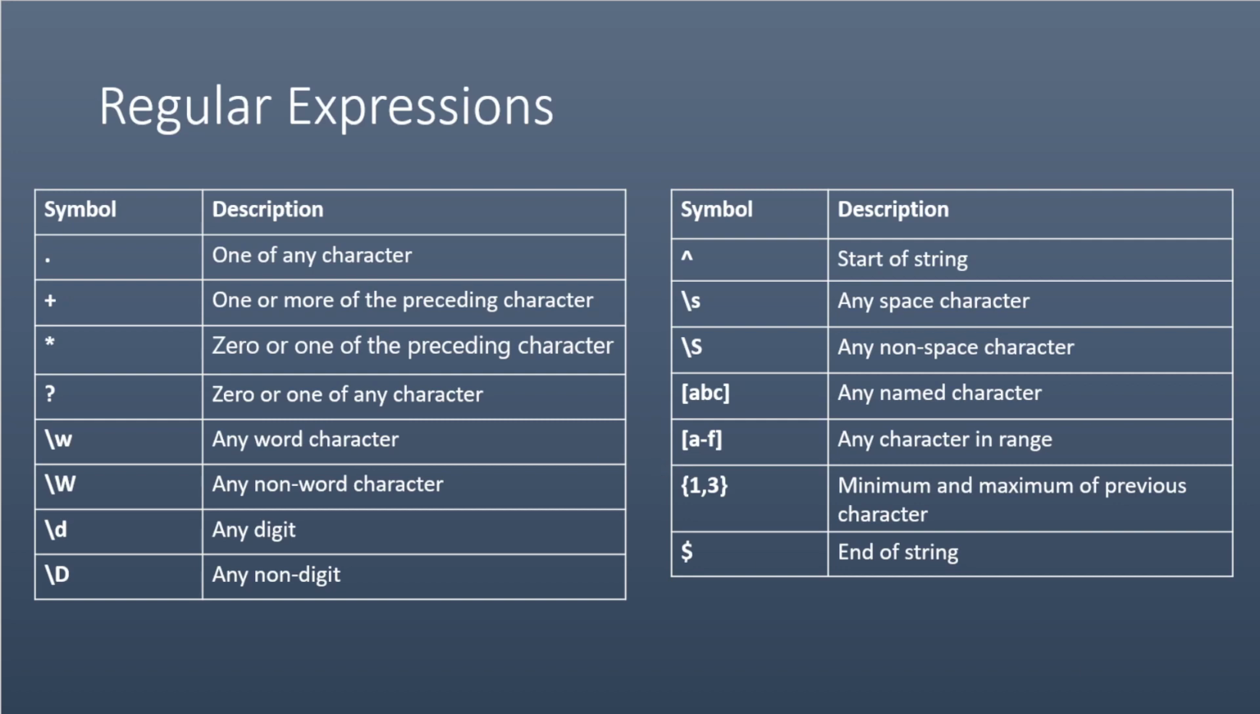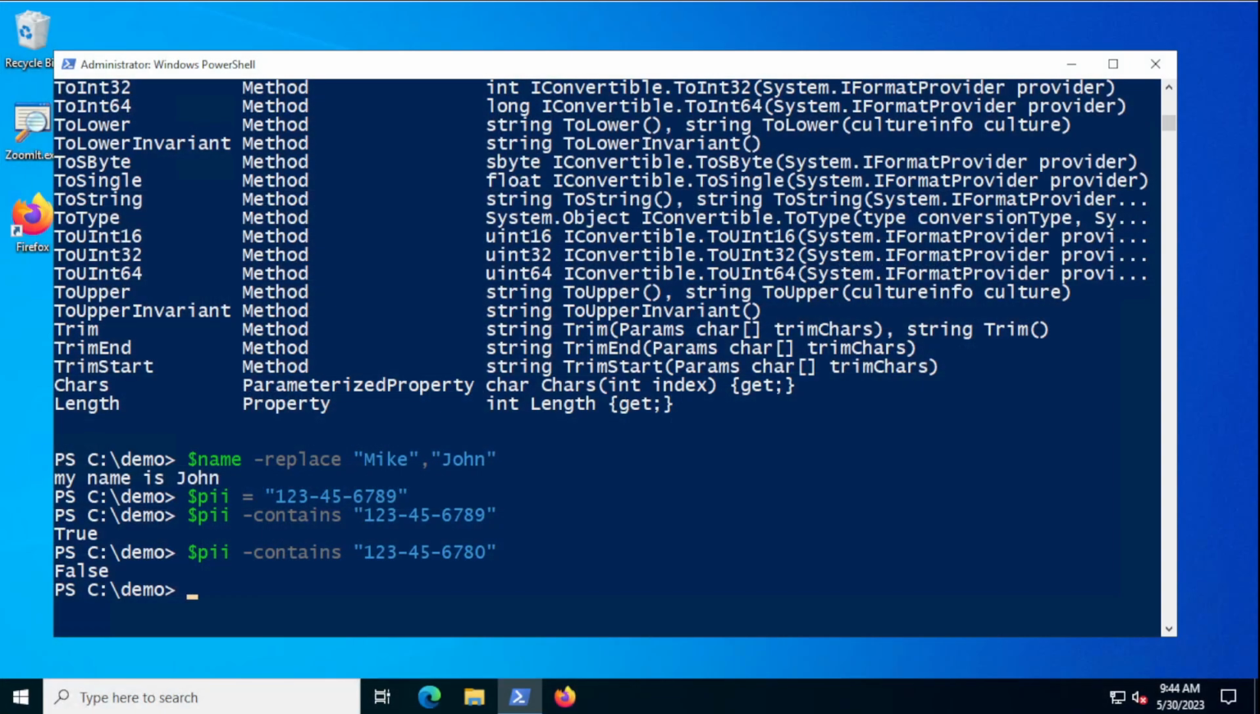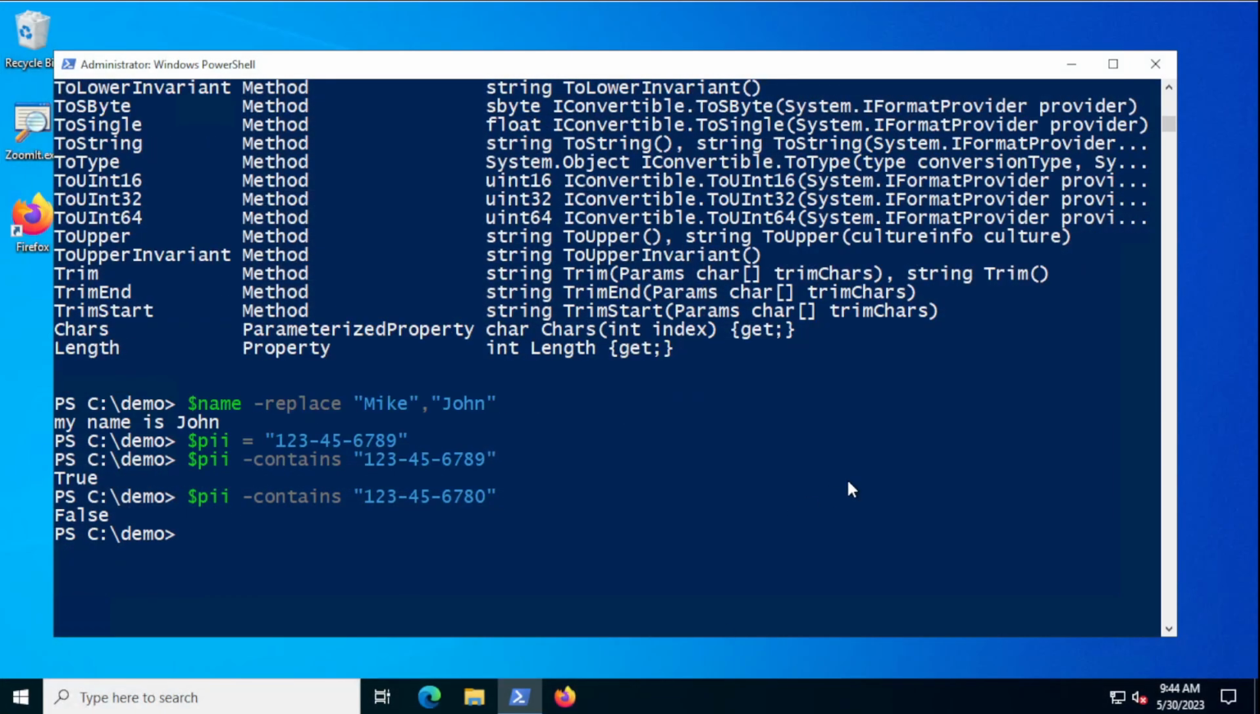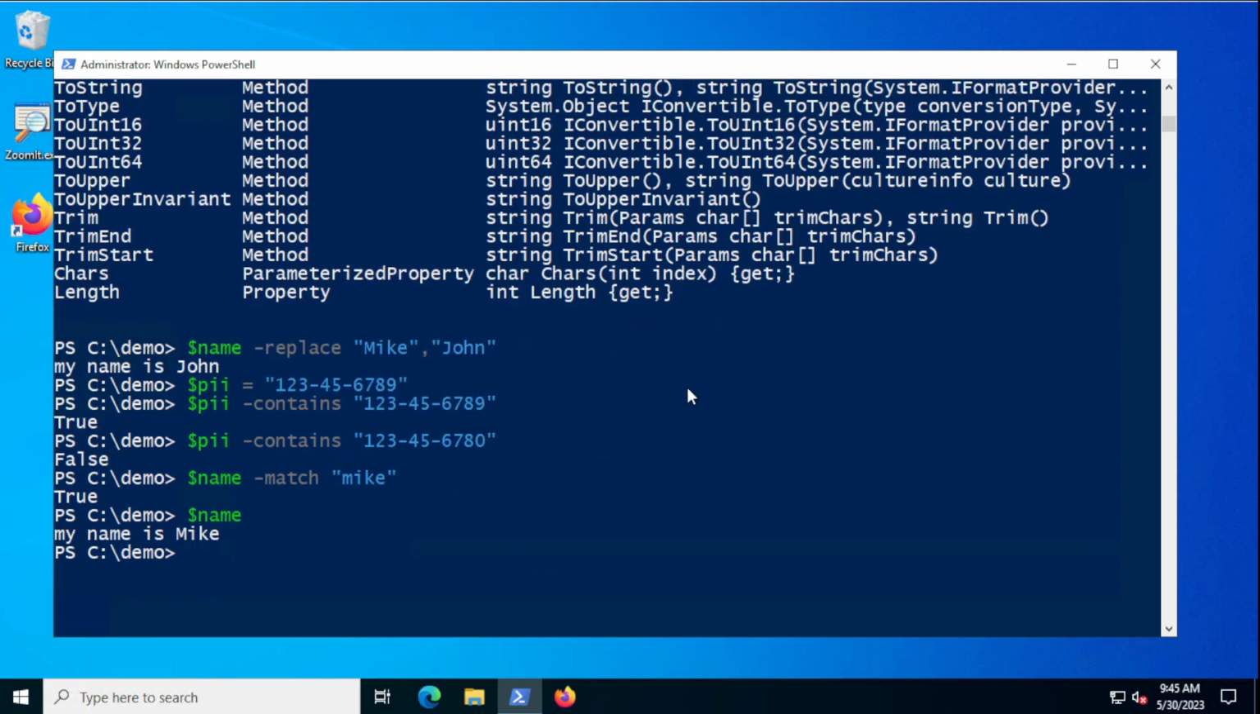Well, the operator that I showed you at the very end there when I was matching on the name. So if I did $name dash match and I said Mike, I had mentioned that this does partial matching, right? So again, if I look at $name, this is what's currently in there, right? So with match, it matched partial names. Now, you can also use regular expressions with match. So if, for instance, with name here, if I do match,